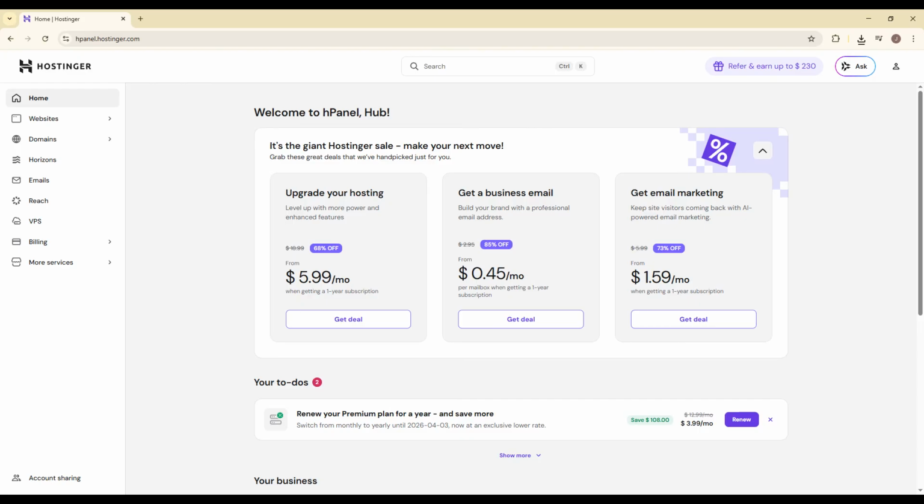A lot of beginners try to manually copy files or export databases, which can get complicated very quickly. Thankfully, Hostinger provides a simple staging tool that can duplicate your site automatically in just a few clicks. I'll walk you through the entire process step by step so you can follow along even if you're completely new